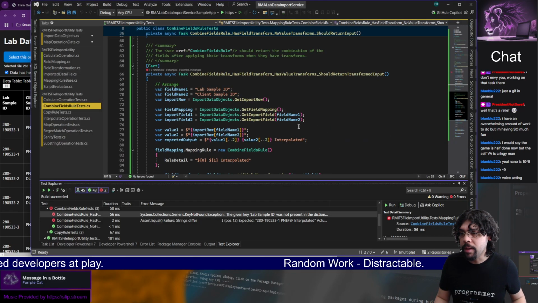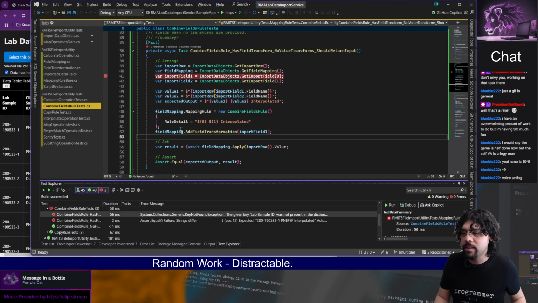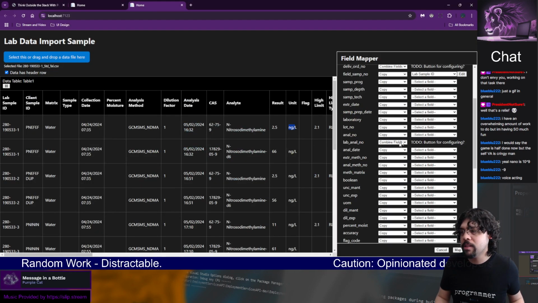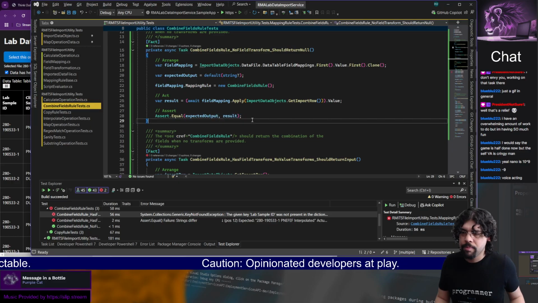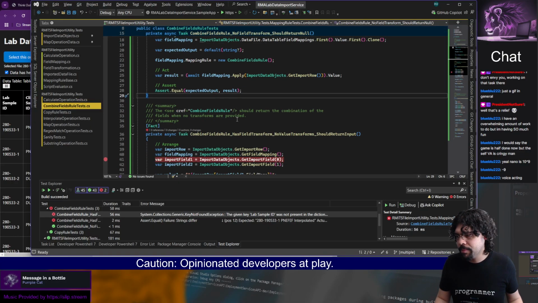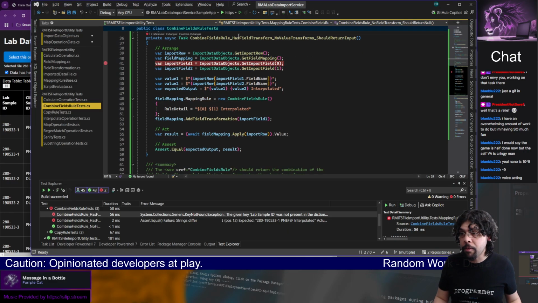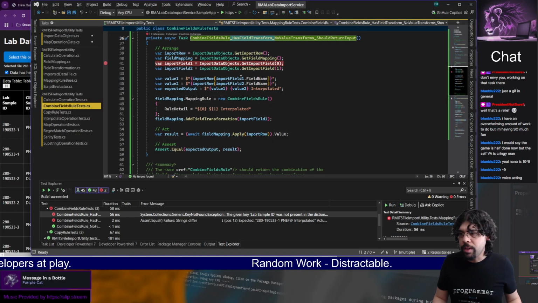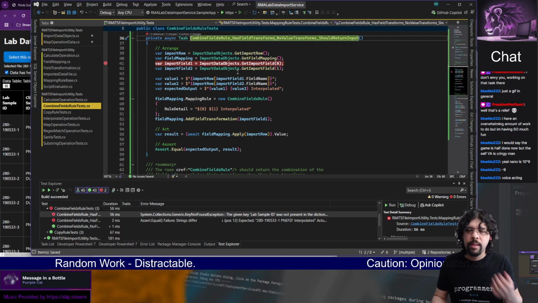Okay, so the combine rule is the one that I'm working on now. The first test passes, which is if there are no actual transformation, no fields selected for combined fields, then it returns null. It's ignoring that field. Ignoring goes in quotes, obviously. But if we have a field that doesn't have any transformations, then it should, or this should be has fields, field transforms, because it needs more than one. If it has one,